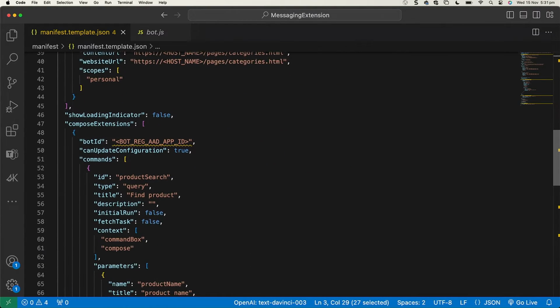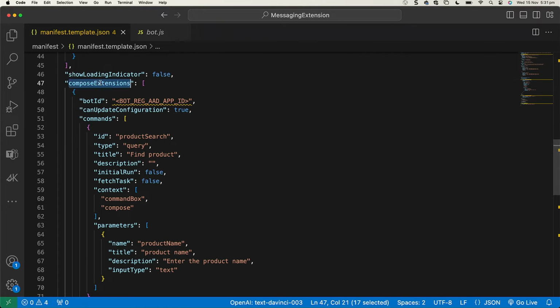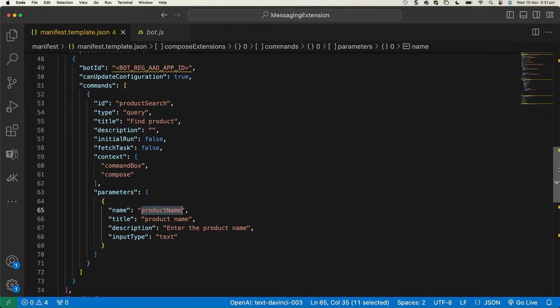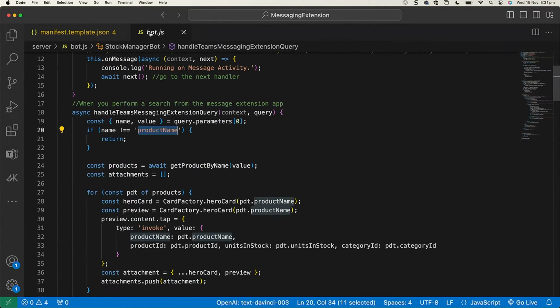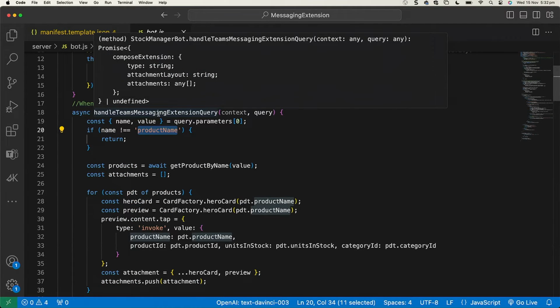When you come down below, you can see that there is a section called Compose Extension. Now, this is the message extension definition in manifest file. So you've got this bot command, you've got bot ID, and then you've got the command called product search. So you basically go ahead and do a search on product based on parameter product name. So that's what happened before. So the chai is the product name, and with that, it invokes this bot command and brings all the list of products. So this is now how it works. So you also have a backend bot code which will take this and process like I mentioned.